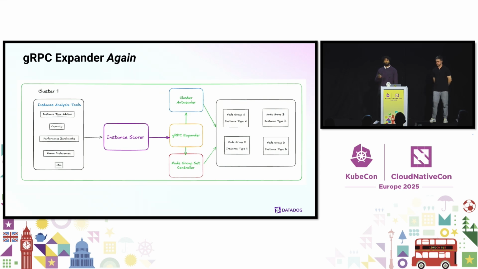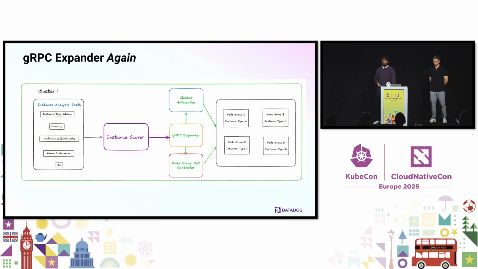Well, that's another benefit of the gRPC expander. You can put whatever custom code you want in, sure, but it's just a gRPC service. There's nothing restricting the Cluster Autoscaler from being the only thing that can communicate with it. We even communicate with it from our own laptops when we want to sanity check that our instance type rankings make sense. So through that, any service component you make can make a gRPC request to the gRPC expander and ask it, what are the best instance types? So this closes the loop